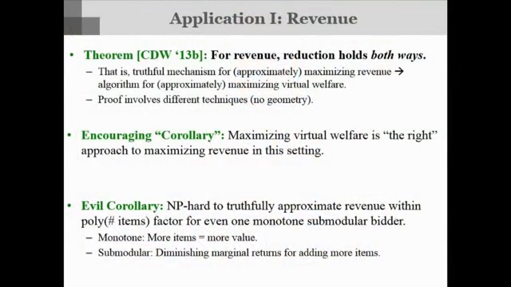So what we show is that for revenue, this reduction actually holds both ways. What I mean by that is if I gave you an algorithm that could find the optimal truthful mechanism, or even an approximately optimal truthful mechanism, you could turn that into an algorithm that can approximately maximize virtual welfare algorithmically.